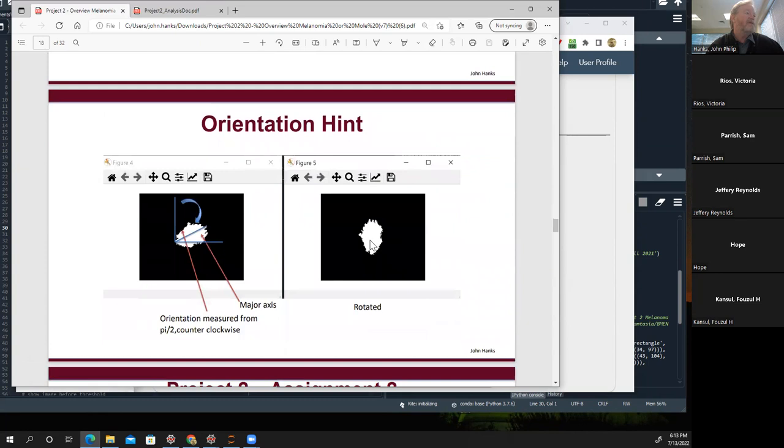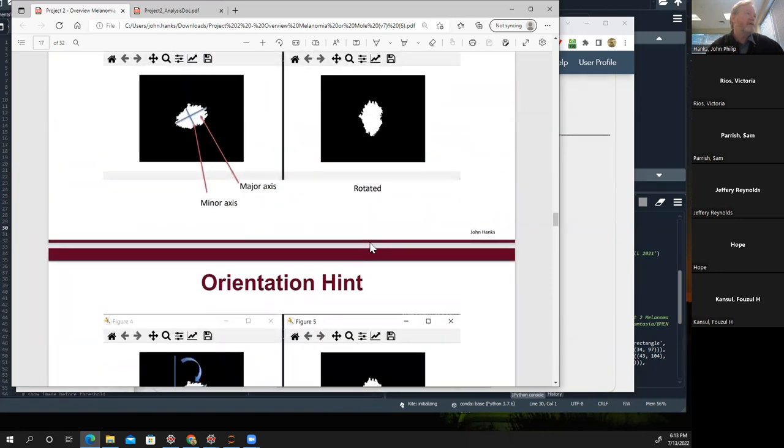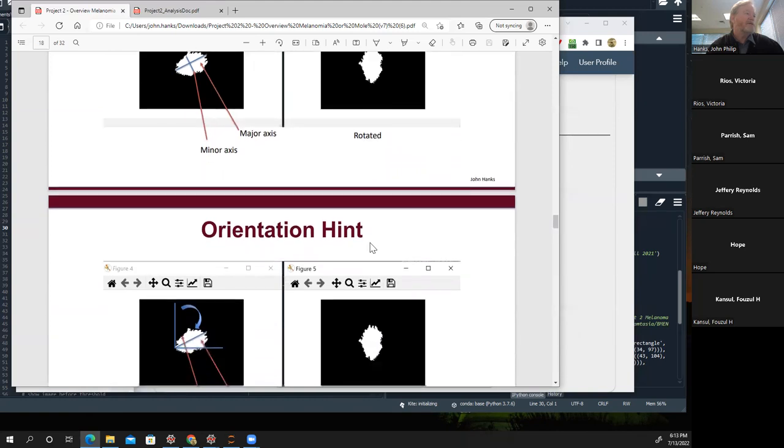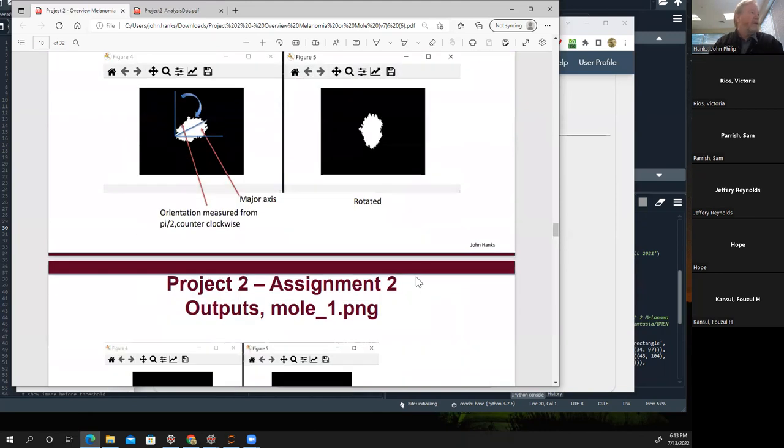That's going to be done in assignment 3. You will need to be able to do that, not in assignment 2, but you'll need to be able to return the values for the orientation and major and minor axis in assignment 2. Okay,